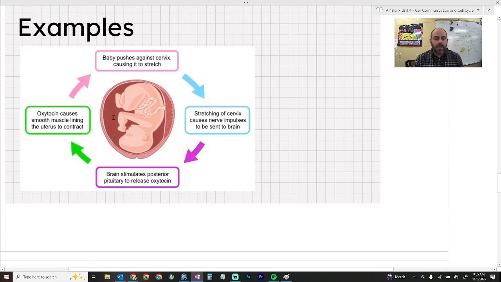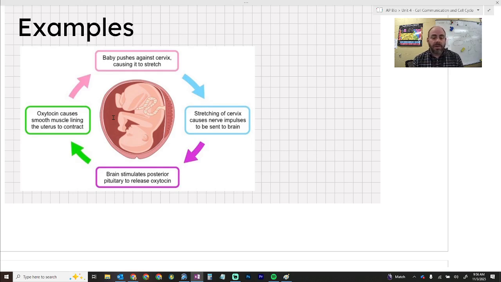Birth is a great example of this. So oxytocin is a hormone that causes the uterus to contract. This causes the baby to have less space, which causes the baby to push against the walls of the uterus and the cervix. The stretching of the uterus sends an impulse to the brain, which causes the brain to send a message back to the pituitary, which is part of the brain, to release oxytocin, which in turn causes